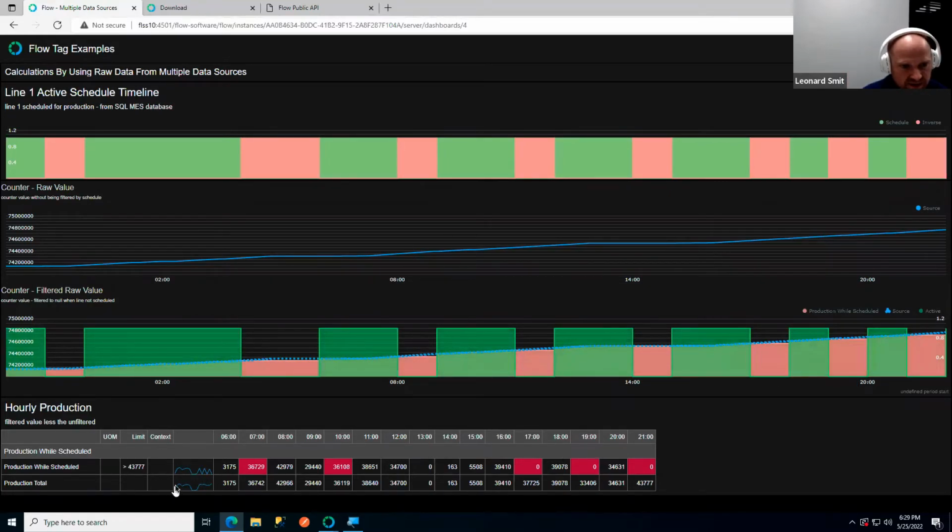We can see that the one that I filtered, only when it's active, its production count is always less. It will never be high. It's always less than the one that's not filtered. So in this case, I was not actually scheduled to run, but I still pumped out a whole bunch of bottles from that production line. So that's how we can marry two different data sources to create these point normalization points